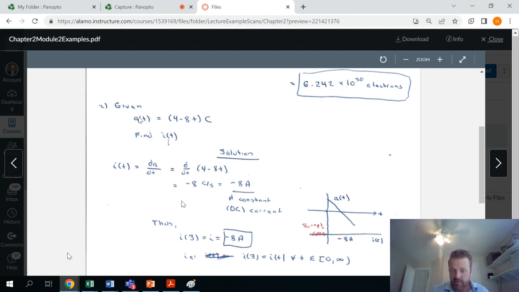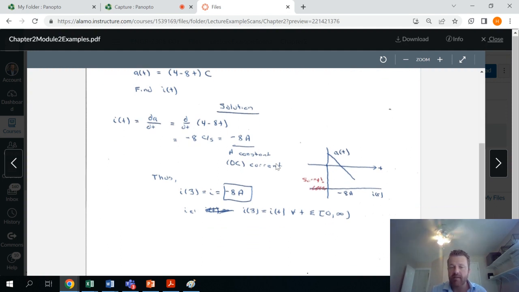This is just a linear function, so its derivative will be constant. The derivative of this function will be minus 8 coulombs per second, which is minus 8 amps. That is a constant DC current. If you were to actually graph it, and remember, it's only defined from t equals 0, so sorry about that. It's going to sit out here at minus 8, and if we were to graph the original linear function,